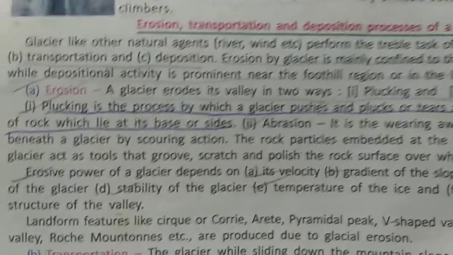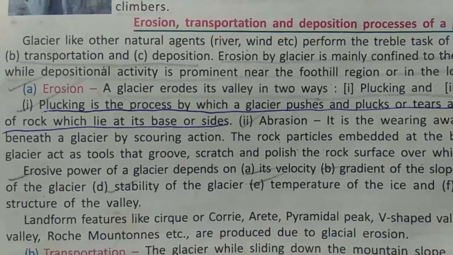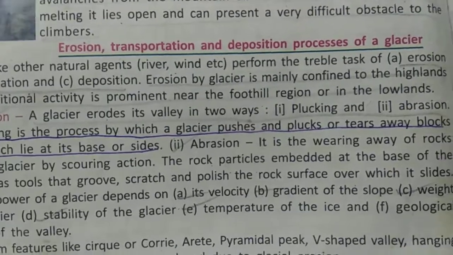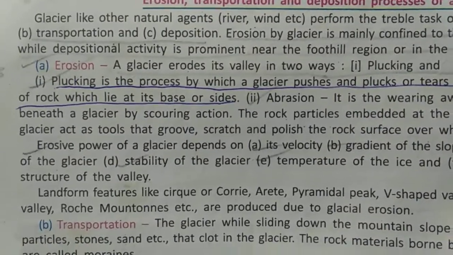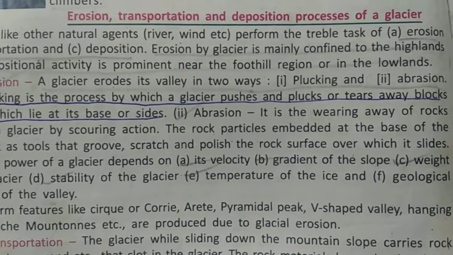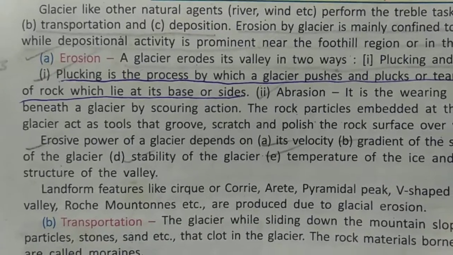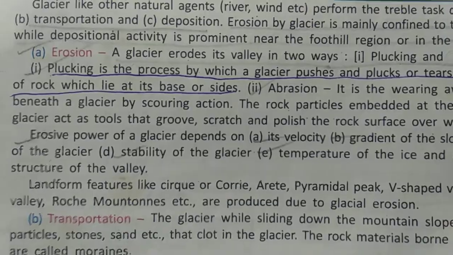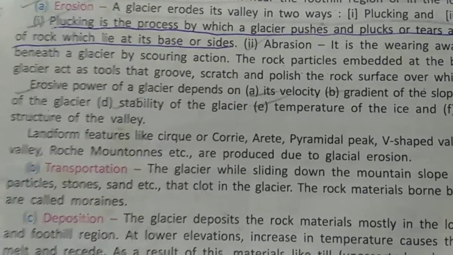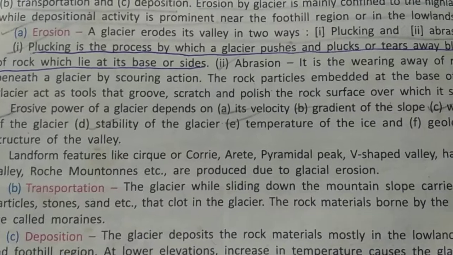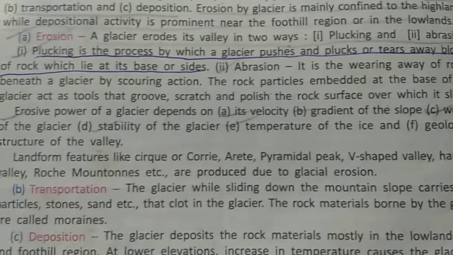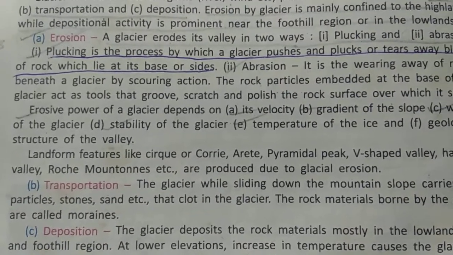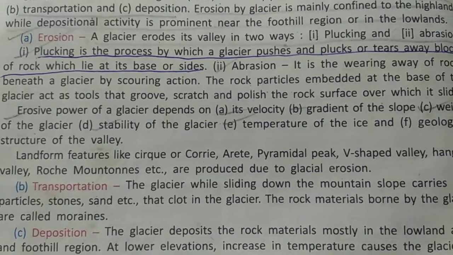abrasion. What is plucking? Plucking is a process by which the glacier plucks or tears away blocks of rocks which lie on its base or side. Abrasion is the wearing away of rocks beneath a glacier by scouring action. The rock particles embedded at the base of the glacier act like a tool that grooves, scratches and polishes the rock surface over